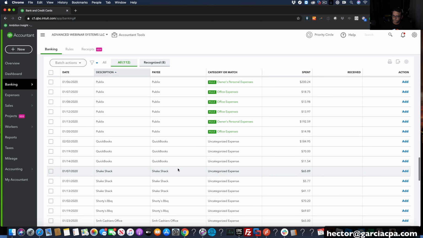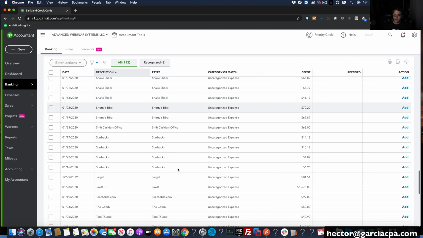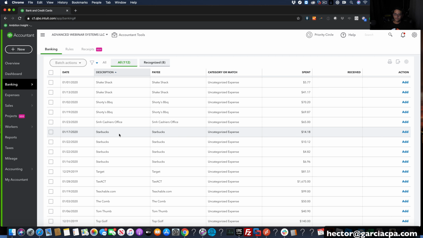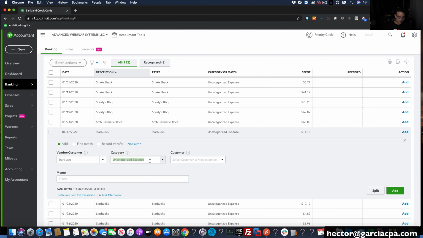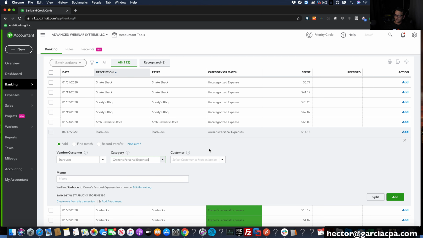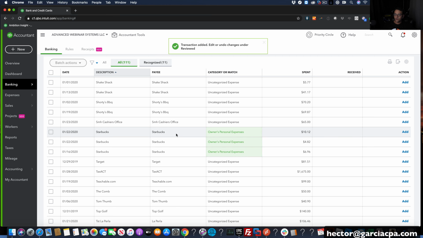Now, the other example I'll give you, let's go back and look at Starbucks, for example. So I got 4 Starbucks transactions. So I'm going to go to the first one and call the first one owner's expense. So let's say for whatever reason, I know that Starbucks transaction is an owner's expense. So I'll categorize that one for 1418 to owner's expense. So I'll click on add. Notice that all the other Starbucks are now automatically categorized to owner's expense, again, because QuickBooks is taking your last